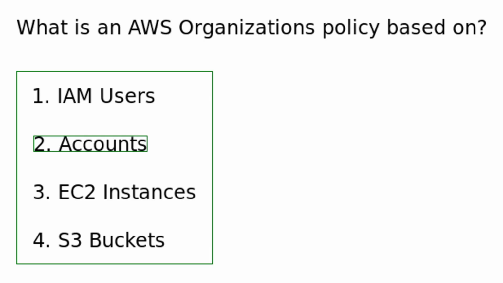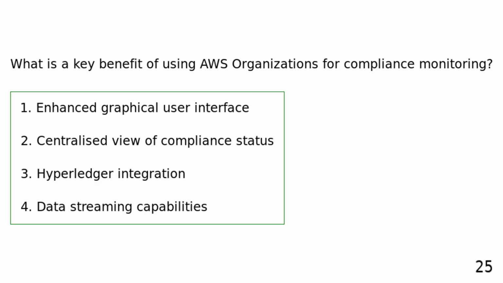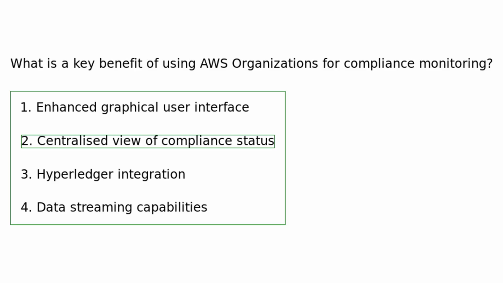AWS Organizations policies are based on accounts, allowing organizations to group and manage accounts centrally. What is a key benefit of using AWS Organizations for compliance monitoring? Enhanced graphical user interface. Centralized view of compliance status. Hyperledger integration. Data streaming capabilities. AWS Organizations offers a centralized view of compliance status for all linked accounts, providing a comprehensive overview and simplifying compliance